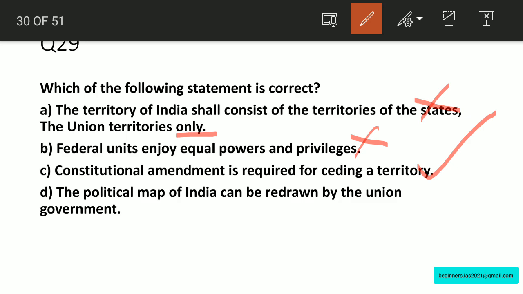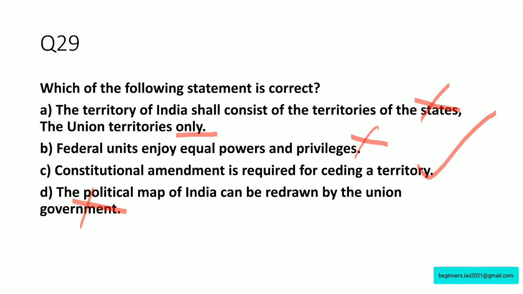What about statement number D? These are all very important ones one has to go through. The political map of India can be redrawn by the Parliament, not by the Union government. Therefore, this statement is also wrong. Parliament only can do that. So let us move on with